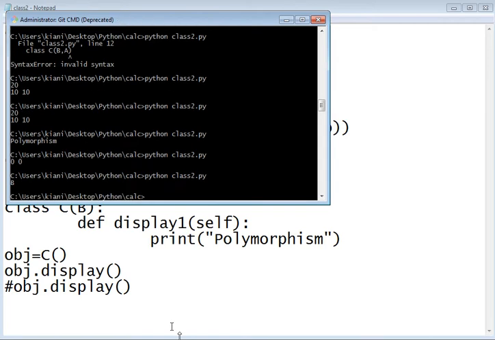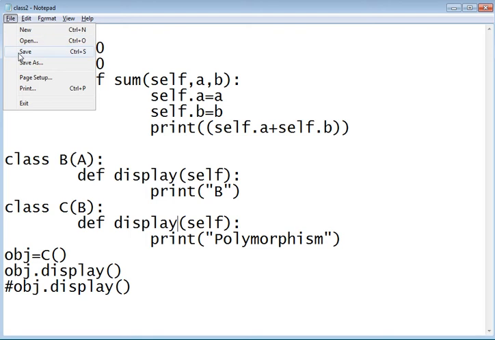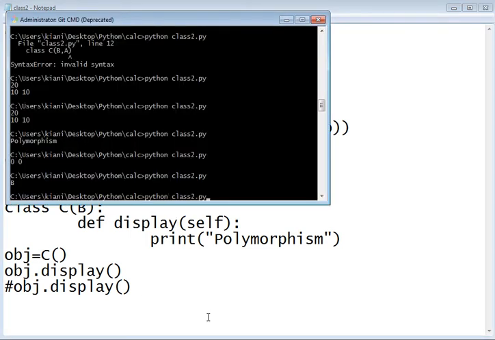So this is B. This time, display of C, the object is C. Obj.display, B is called. B display is called. But if C has its own display function, then this display function is called. So this is called polymorphism.